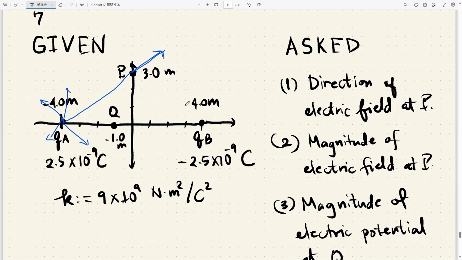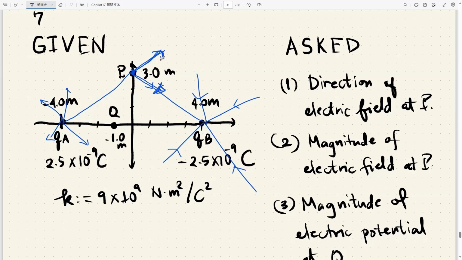And for QB, everything is going to be pointing towards QB. So from all directions, there are lines pointing to QB, and these are all electric field lines. Now the question is, what is the total direction here at P? Well, we notice that due to A, there's this electric field, and due to B, there's this electric field. And because QA and QB are the same distance from P,